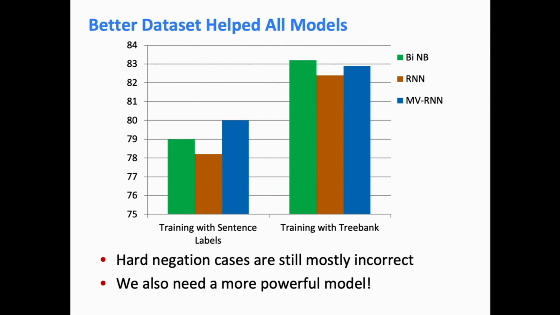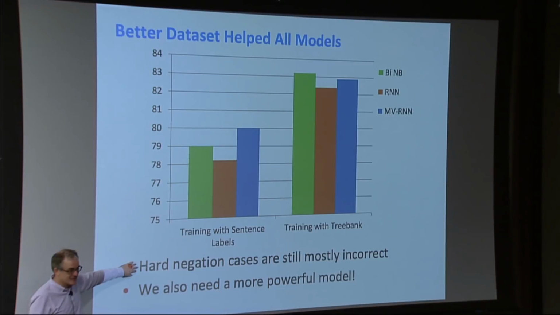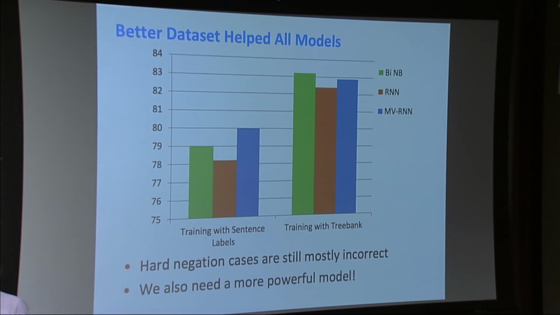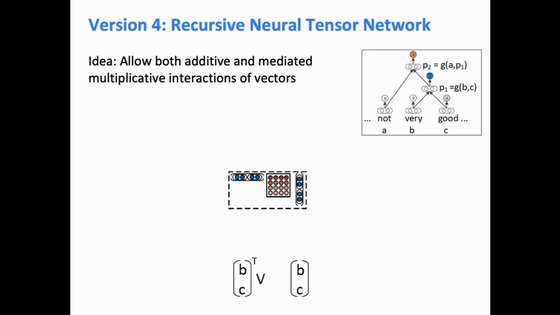So we still thought, well, can we build better models of how to do this? In particular, if you look at sentences with various kinds of negation, things like should have been funnier, these models in general still couldn't capture the right meanings for them. And so that led into our fourth model of how to do this, which is this idea of recursive neural tensor networks. And so what we wanted to be able to do is go back to just